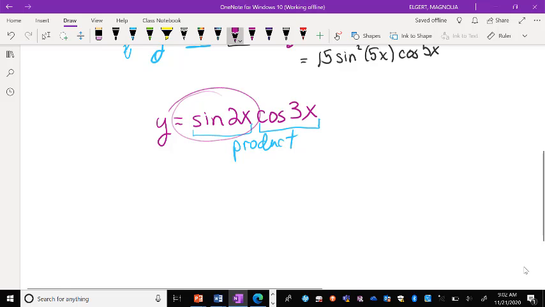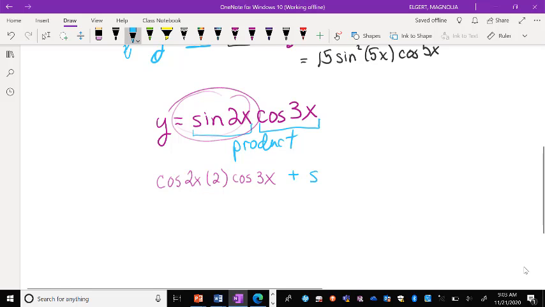So there is no power. So I go right to the sine, the trig function. So the derivative of sine is cosine of 2x. So trig, and now we have the A. What's the derivative of the 2x? That would be 2. So that's the derivative of just sine of 2x. Then the product rule says I need to multiply that by the second part. So that would be multiplied by the cosine of 3x plus,